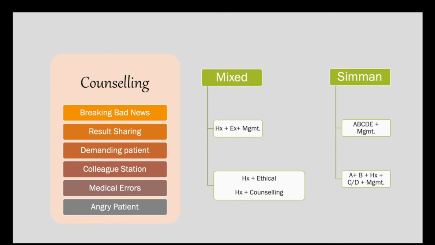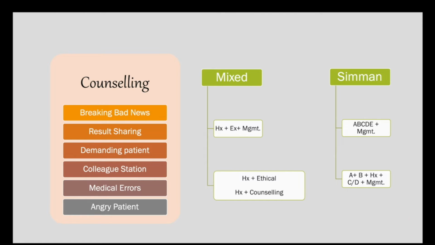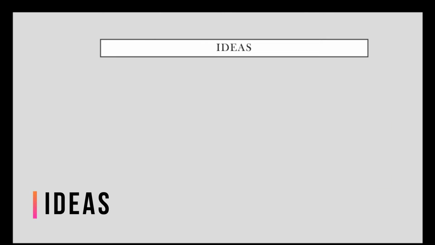So that is how we have divided the Simman station. One, where the patient is acutely ill: you enter the station, start the ABCDE protocol and manage the patient. The other, where you talk to the patient and start taking a history, the patient's vitals desaturate, and you manage the patient within the ABCDE protocol and continue managing the patient till the end of the station. Now, we will discuss the ideas.